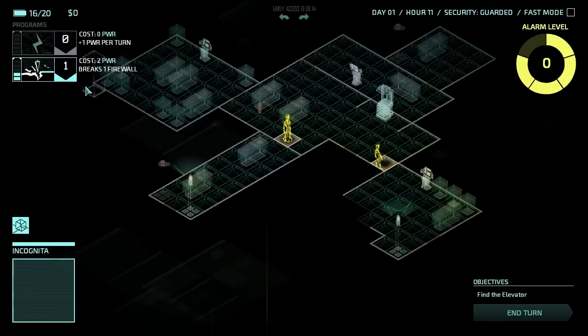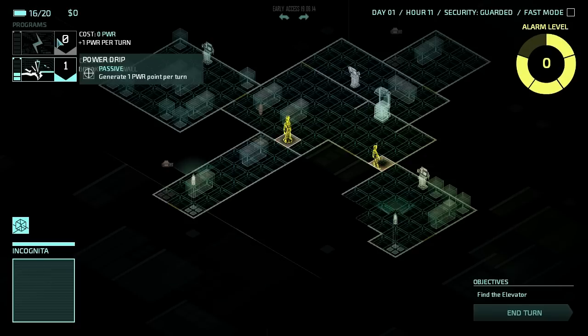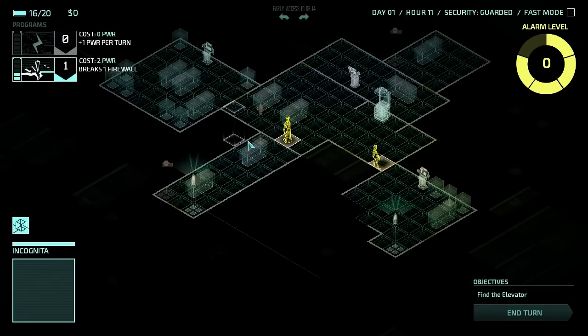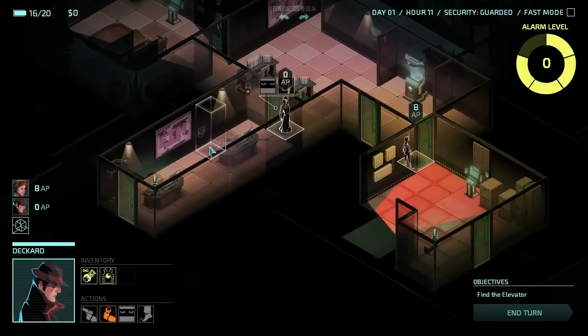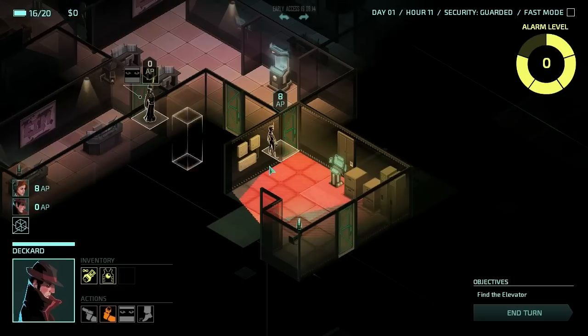I have this ability up here, the power drip, which is one of the things that I could have selected a different thing at the start, but I don't want to. Generate 1 power point per turn. Power point? Do they have to call it that? PowerPoint. Anyway, without that, I would run out of power way too quickly for my own liking, because I hack